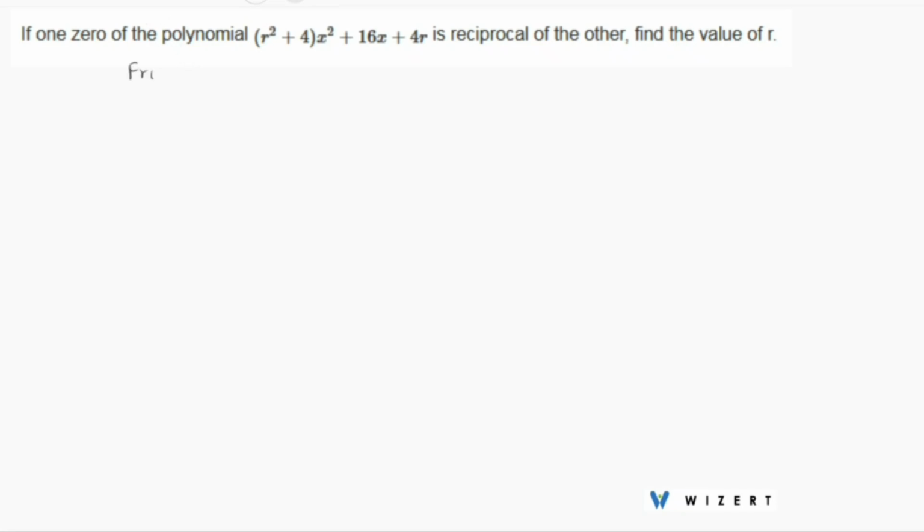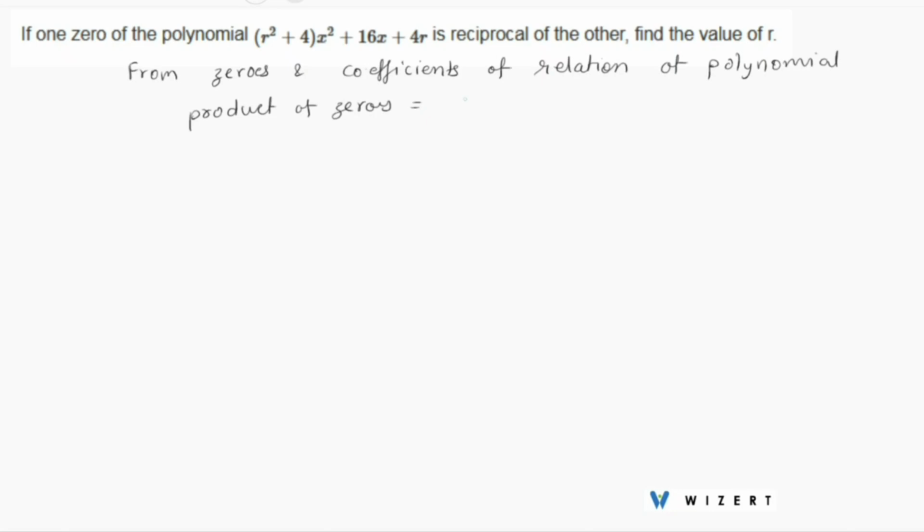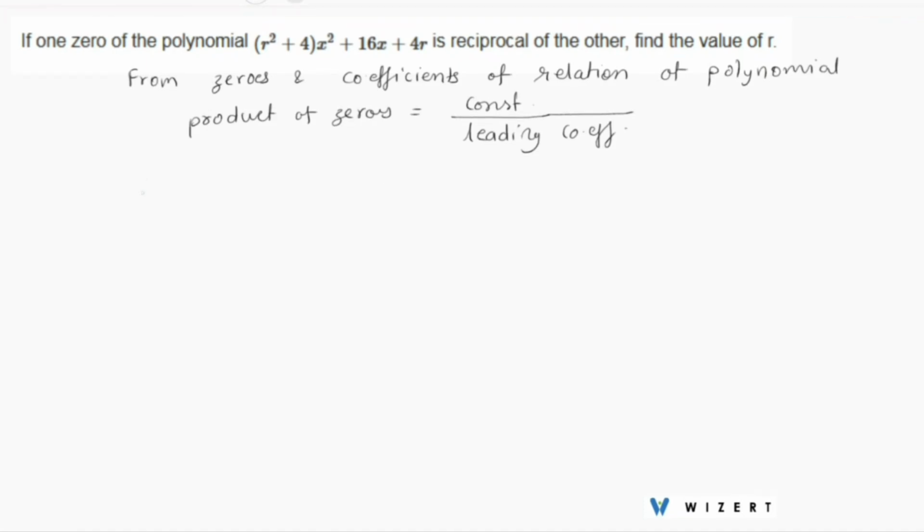Now we know from the relation of zeros and coefficients of polynomial that product of zeros is equal to constant term upon leading coefficient. So here in this case, let 1